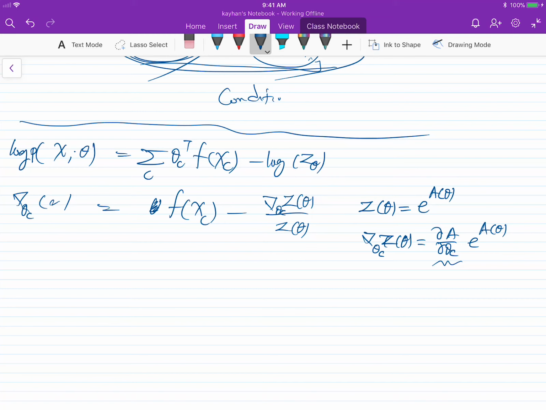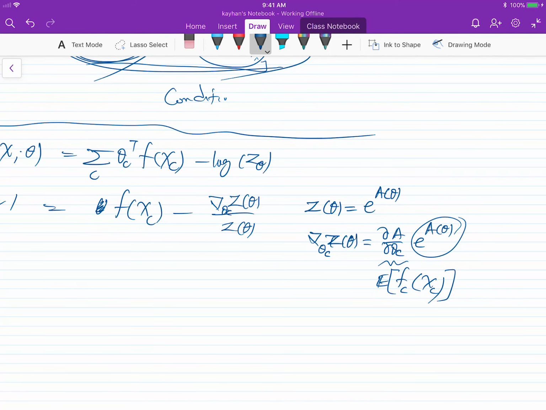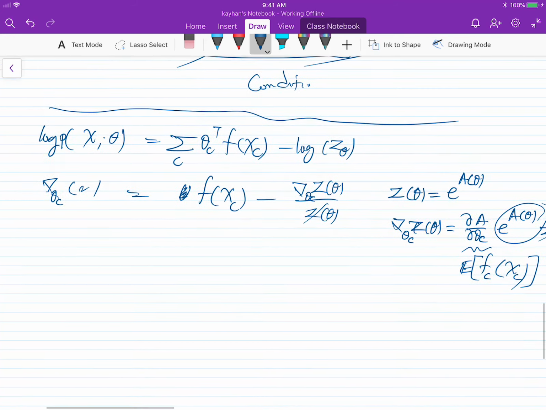You have a log partition function, you take a gradient of that. What do you get? Expectation. So the expectation of your f_c of x_c. And this is still z, right? And this z cancels out. This guy and this guy cancel out. So you get the same thing. For one random variable, with one observation, you're going to get the same form that you keep seeing during this